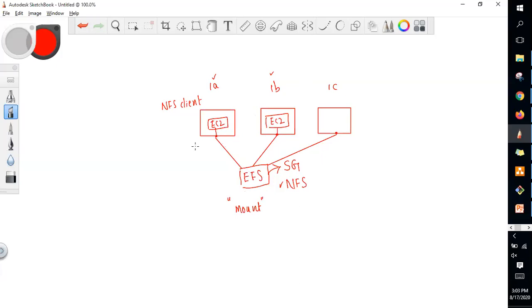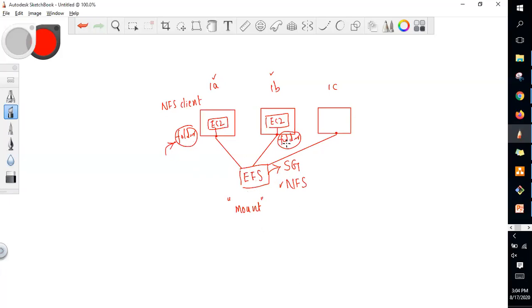Once I mount it, of course, how do I mount it? I will create a folder from both the instances and I'll mount to this folder. When I attach to this folder, the folder in the EC2 instance will become this EFS. That means whatever I store in this folder will actually be saved in this EFS system, the elastic file system.